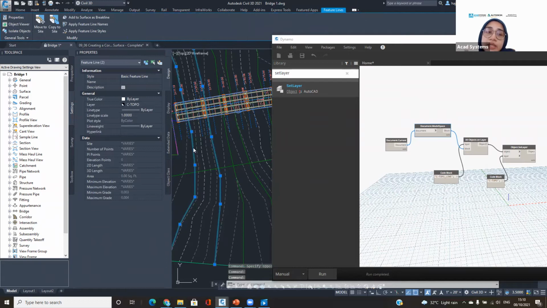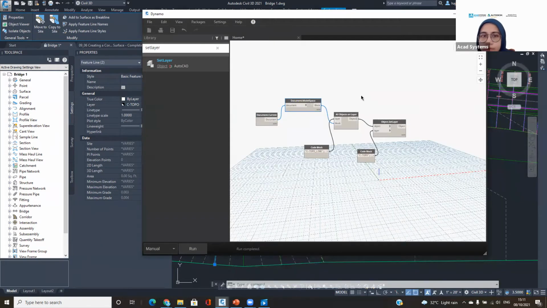So all the elements on C topo line have been moved to the new layer. And then the good thing about doing this in Dynamo, just now you must have seen that there's a lot of things here. There's more than 4 clicks compared to if you do that manually. But actually, this is only for setting up at the first place. And after that, after you save them and then open them for the other project, it's just about 1 click